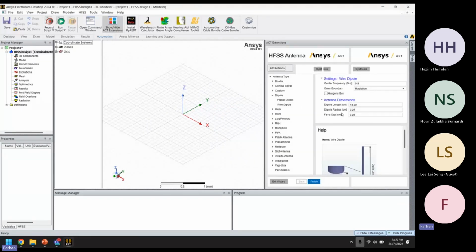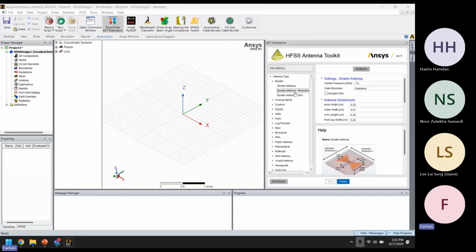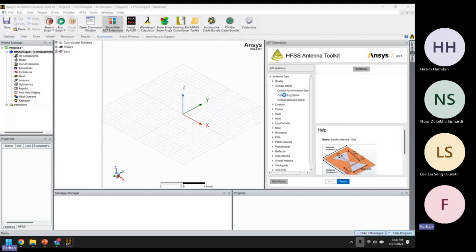Then I'll expand this, so we can see here all the antenna types. Under bow tie, you can see there's more. This is the bow tie, the general one, and these are the more specific ones. You can see bow tie antenna, this one bow tie antenna rounded, and this one bow tie antenna slot. So there are different versions of the bow tie antennas. But in this example, we are going to see the conical spiral, specifically the conical log spiral